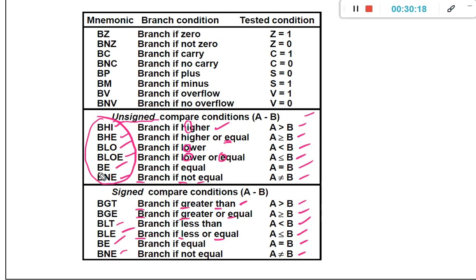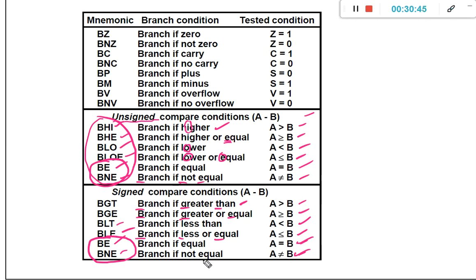If you observe here, these two operations and these two operations are the same. To compare two values, let it be signed or unsigned, if A is equal to B, then we perform branch if equal, and if A is not equal to B, then we perform branch if not equal.